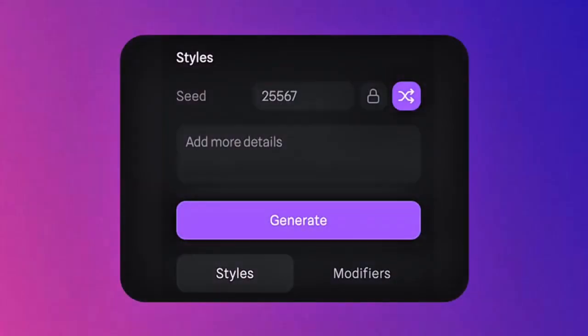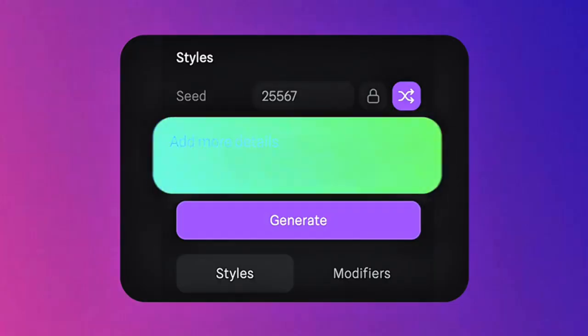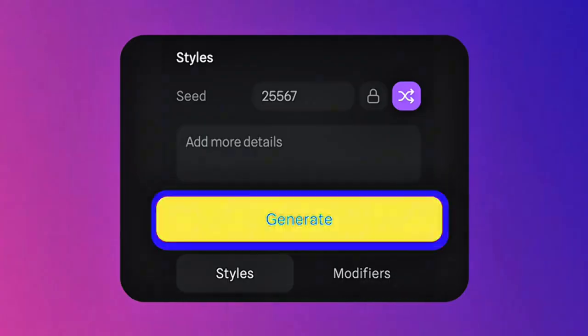This is what your style panel will look like. Change the seed number to get different styles of generations. Add your prompts where it says add more details. Like I said, single descriptive words with commas in between them tend to work best or better than sentences. Change between the styles and modifier panels to add different effects and hit the generate button when you're done to